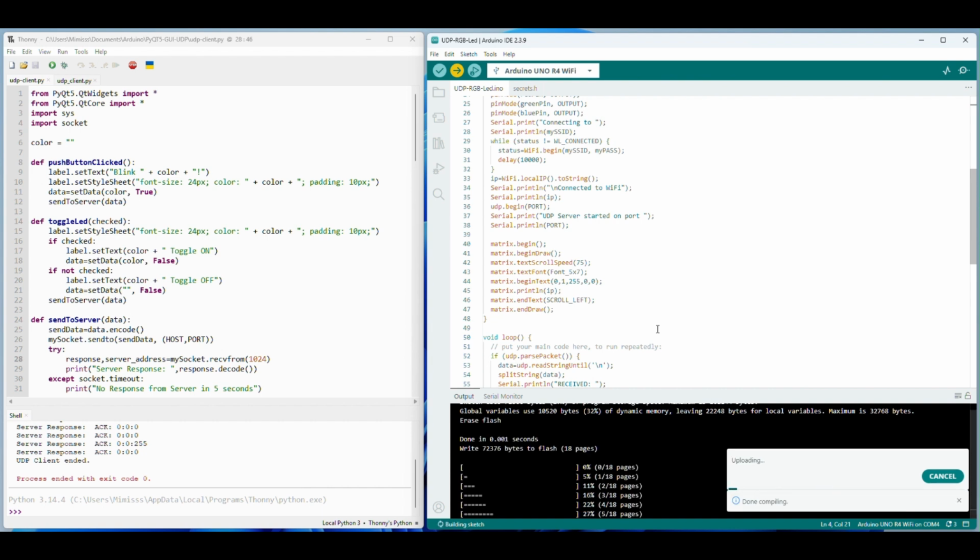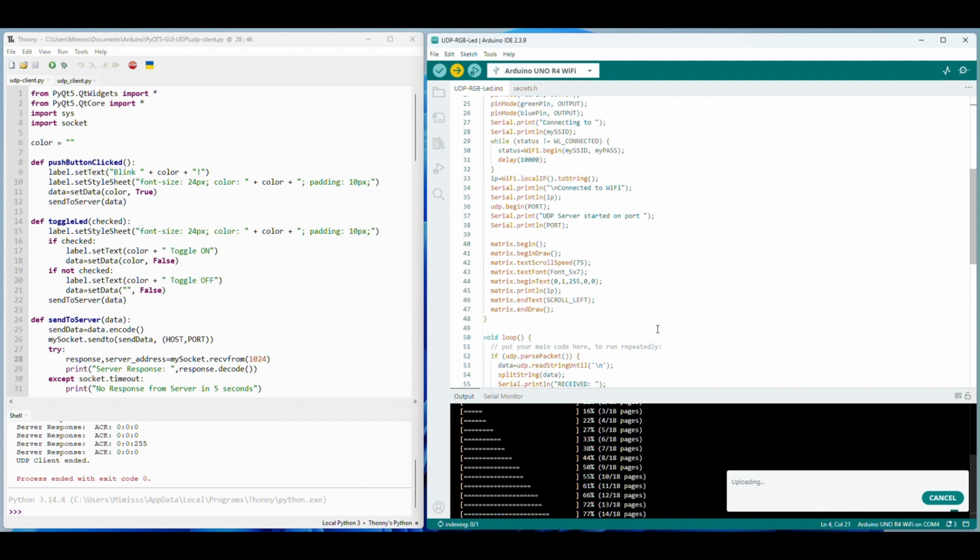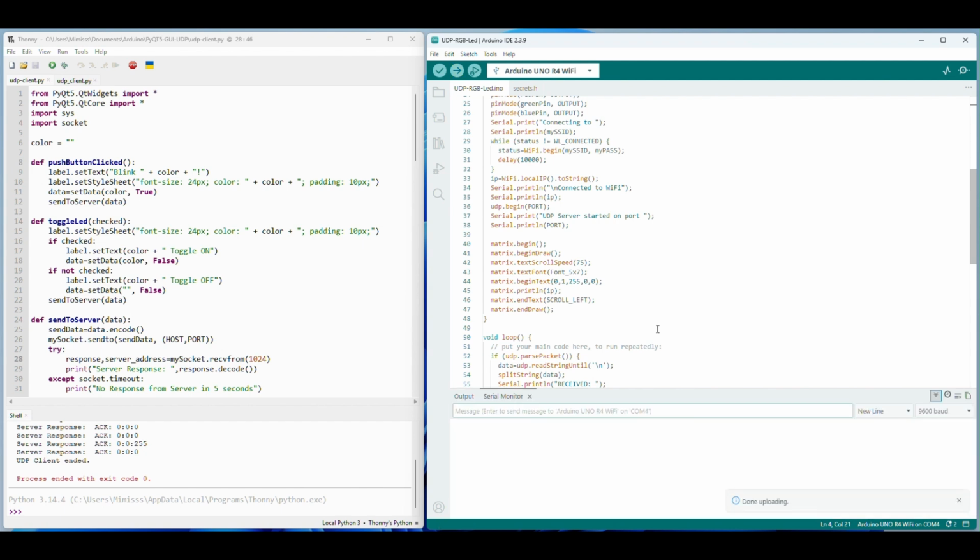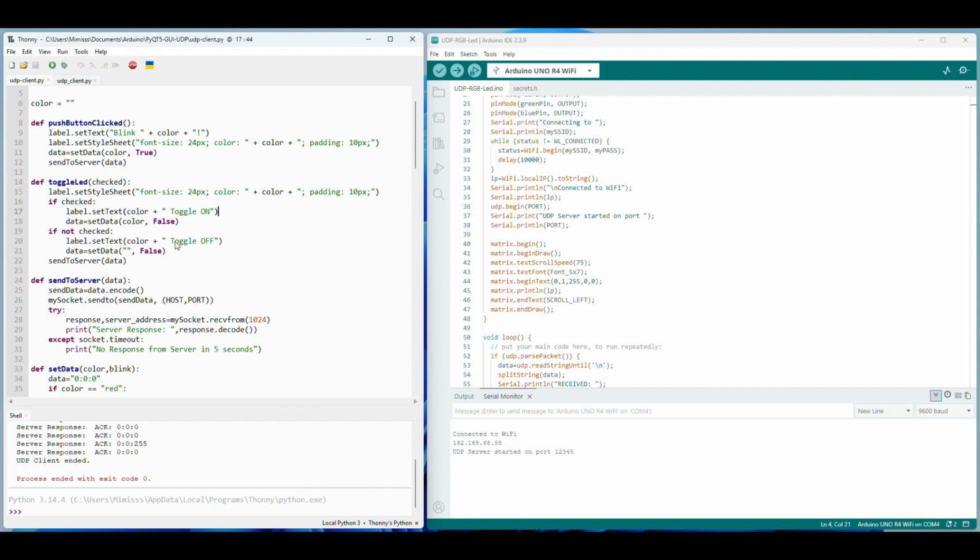And I will demonstrate that when I show the Arduino running. For now, let's see, the serial monitor is going to connect to the local network, to the Wi-Fi. Okay, that works. And here we have the client, the UDP client. I just tried to tidy up things a little bit. So